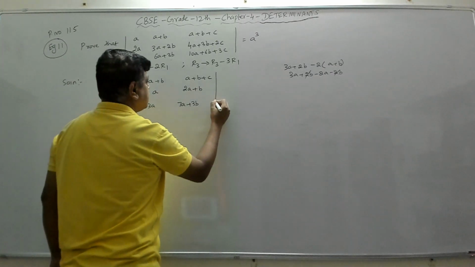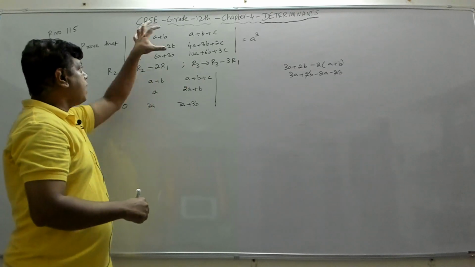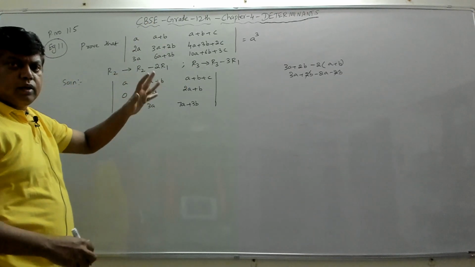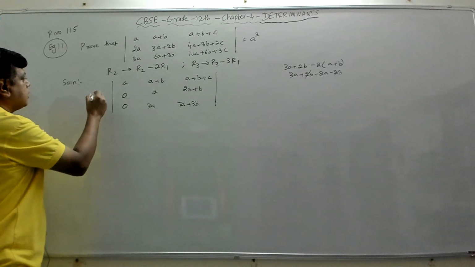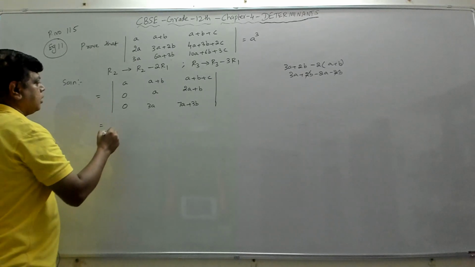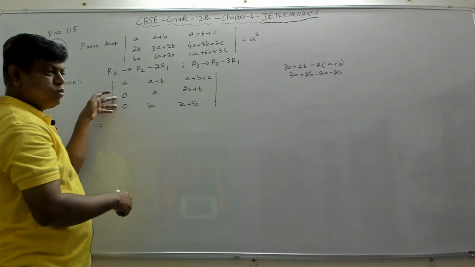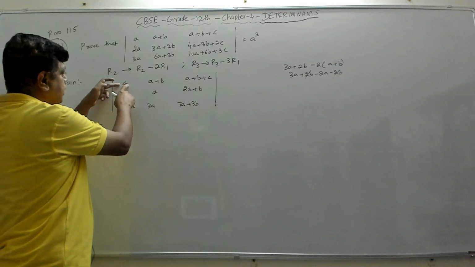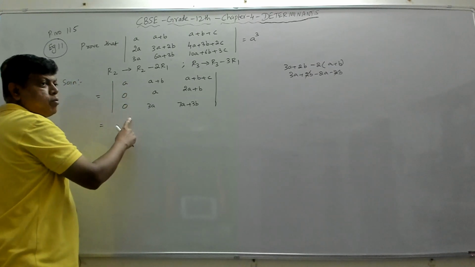Right? And we know that as per property 6, if you apply these row operations, the value of the determinant will not change, as per the sixth property that we studied in the last video. Now again, if you see, you have the maximum number of zeros. Once you get 2 zeros, it is enough. You can start expanding through this column, which is C1, because C1 has the maximum number of zeros.